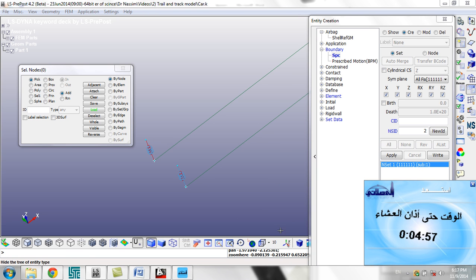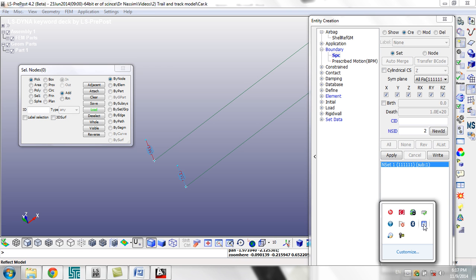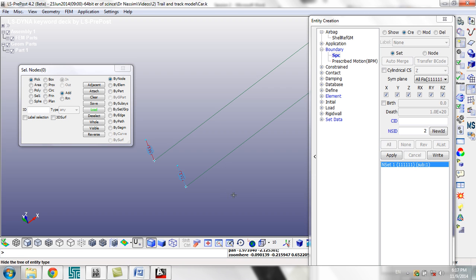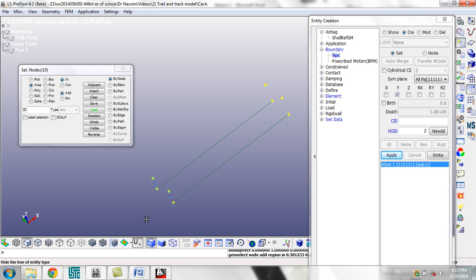So what we want to do is to restrain the movement in the Y direction. We don't want any movement in the Y direction. So I'm going to remove all the restraints. I'm going to create another restraint, and this time it's for the whole model, and I'm going to restrain the Y direction. There is no movement in the Y direction,